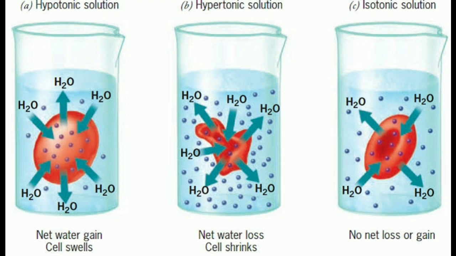with the cell. So what will happen? The water will be more inside the cell, and the water will move from the cell into the solution, that is the outside environment. So if the cell loses water, it shrinks, right? So in the case of a hypertonic solution, the water will move from the cell to the outside environment and the cell gets shrunk. Understood? So this is about the three types of solution and their effect by osmosis.